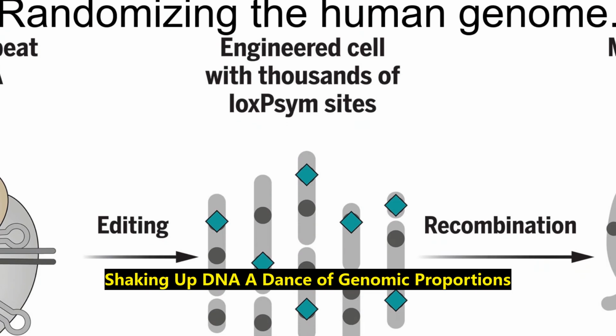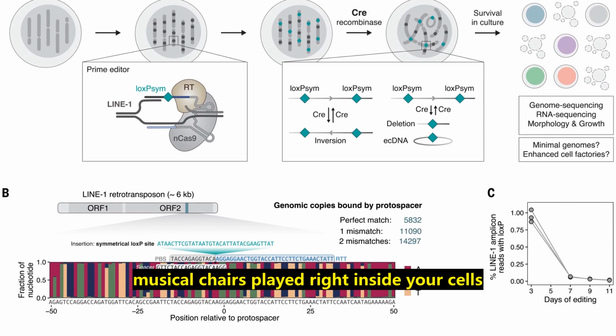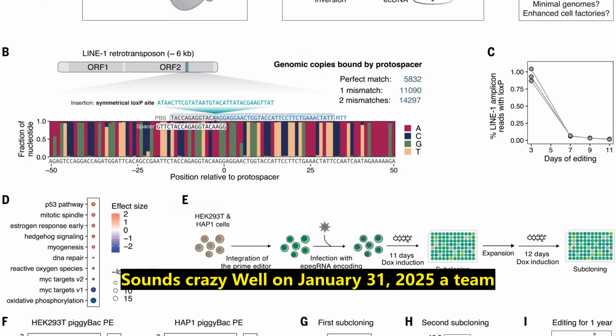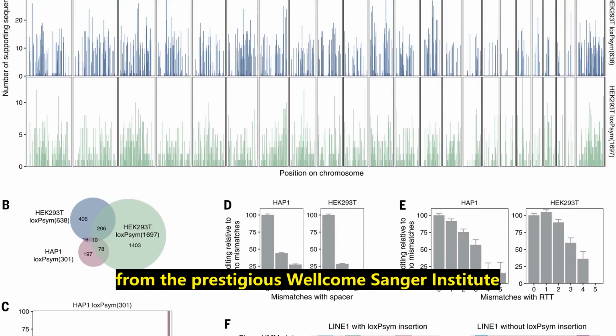Shaking up DNA, a dance of genomic proportions. Picture this, a high-stakes game of genetic musical chairs played right inside your cells. Sounds crazy? Well, on January 31, 2025, a team of audacious researchers led by Jonas Koeppel from the prestigious Wellcome